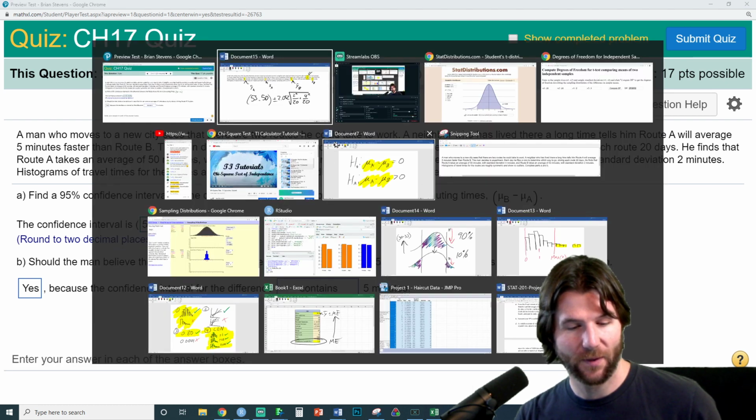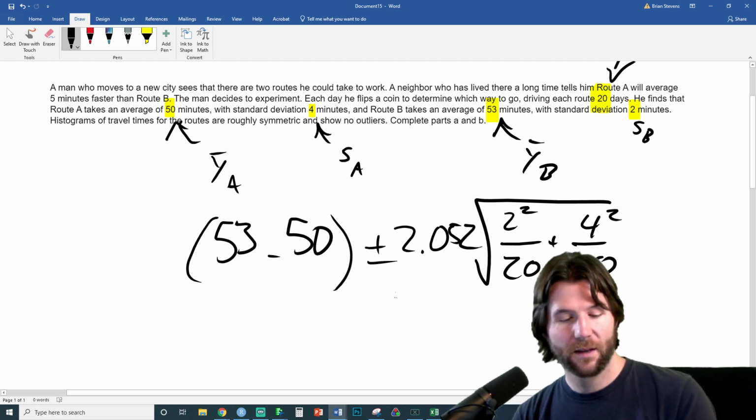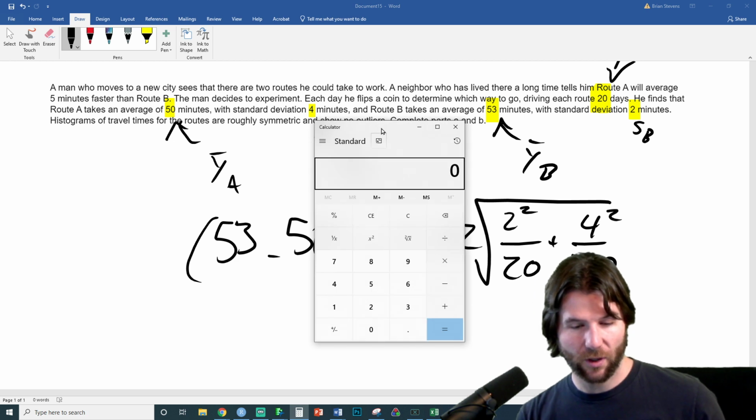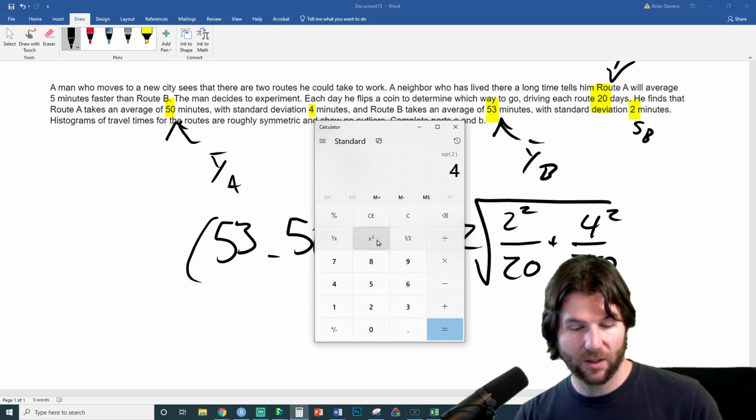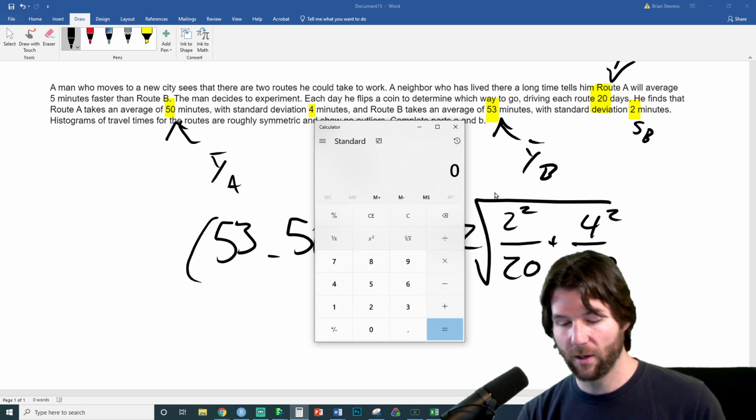Let's check. Okay. Let's make sure everything's right. Did I not do it correctly? Okay. So 2 squared is 4. That's obvious. That's what I was doing in my head. Plus 4 squared is going to be, and I'm making sure all my numbers are correct, 53. There we go. Hopefully. And then, so we go right here, and 20, it's going to be 2 squared over 20, oh my gosh. This is going to be 4.